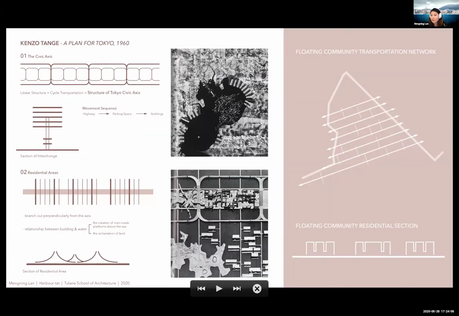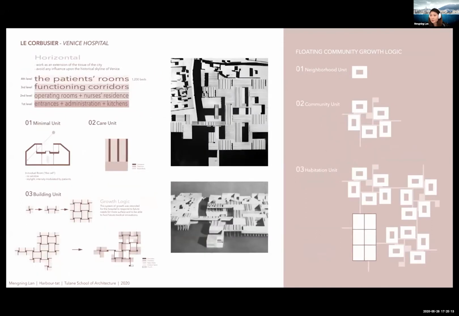Kenzo Tange's plan for Tokyo has a hierarchy of circulation systems, from the civic access branch to the residential areas. I borrowed the concept and built my community from the coastline to the primary paths and then to each neighborhood.